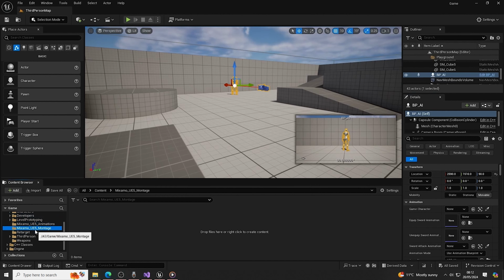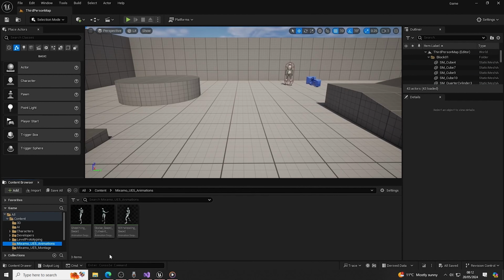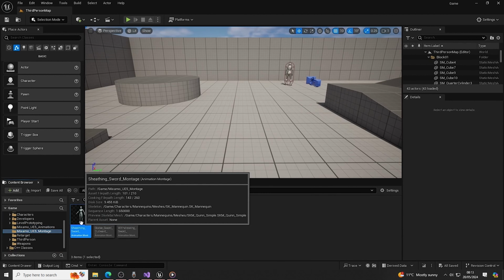What I'm going to have to do, because they're not showing, because we just threw the folders in from the external directory thing, is quickly restart and I'll be back in a moment. Right, I'm back. I haven't done anything, I've just restarted. We've got animations here that are now showing, and we've also got the montage ones. The montage ones seem to be bugged out, so I'm going to delete these